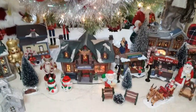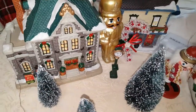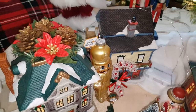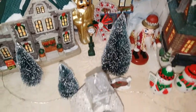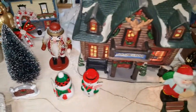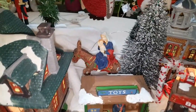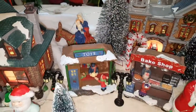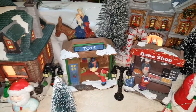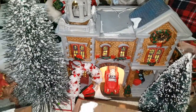And down below we have a Christmas village. They all light up. Got some trees, some Santas, and that's the hunting lodge. Mary carrying her baby on the donkey. Toy shop, a bake shop, fire engine house,